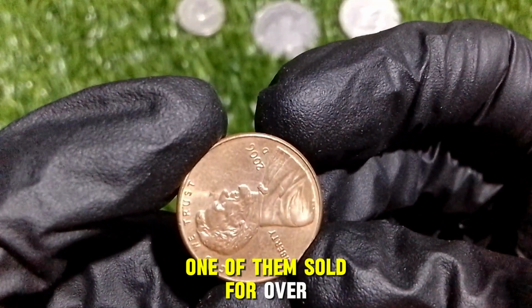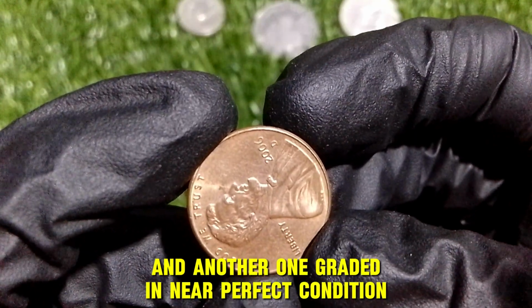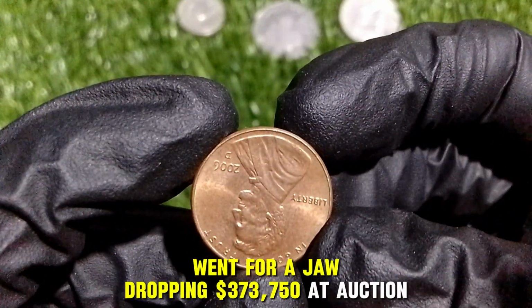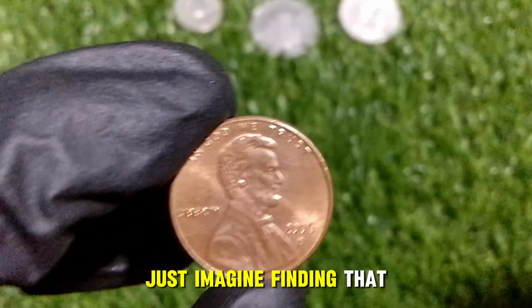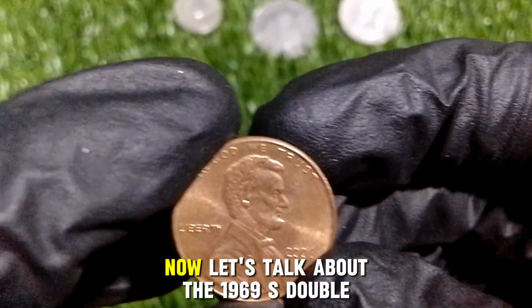Experts estimate that fewer than 30% of these 1944 steel cents exist today. One of them sold for over, and another one, graded in near-perfect condition, went for a jaw-dropping $373,750 at auction. Just imagine finding that mixed in with your modern pennies. Now let's talk about the